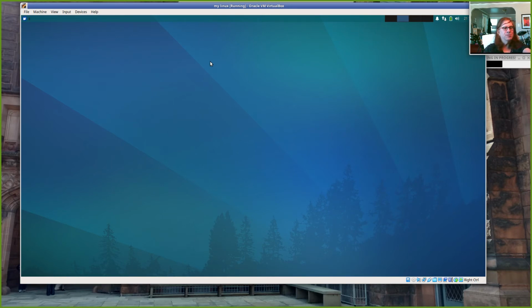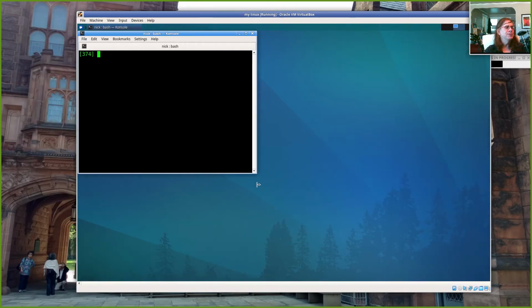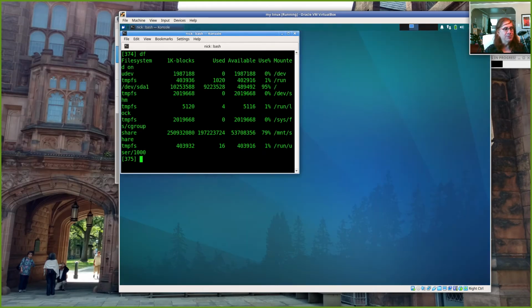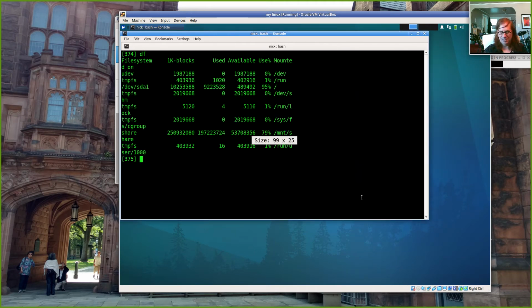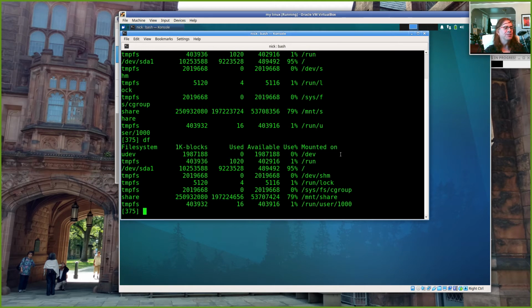So this is VirtualBox running right now, right? It's sitting inside my operating system. I happen to be running Linux underneath, but it's exactly the same experience if you're running Windows underneath. I can open a terminal window, and I can look at my file system and see what file space I have, and it's all virtual. It's make believe, right?